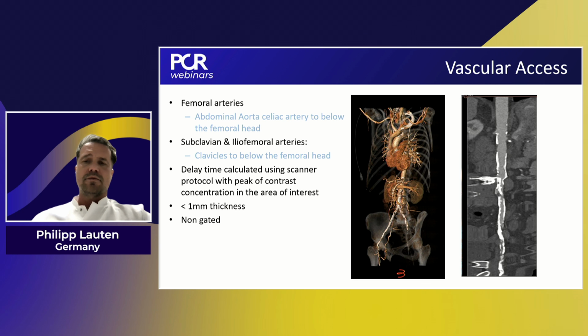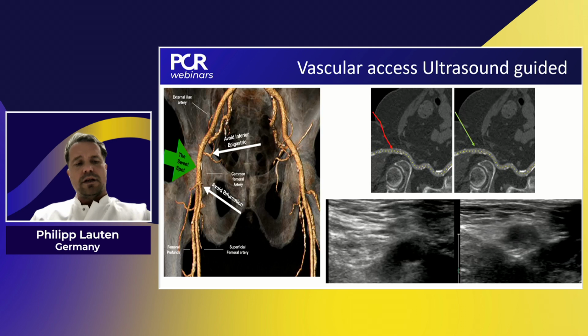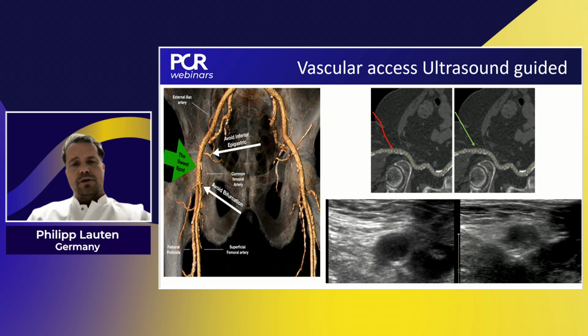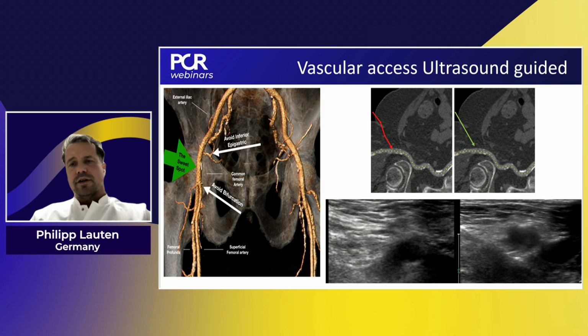We know in patients with a small anatomy, there are very often small femoral arteries. We scan the clavicles to below the femoral head, even for the idea for alternative access, if transfemoral approach, like you see on the right hand of the slide, is not possible. And this is even in the data set for the heart team evaluation mandatory to use the view on the vascular access, even for the success of the valve implantation afterwards.